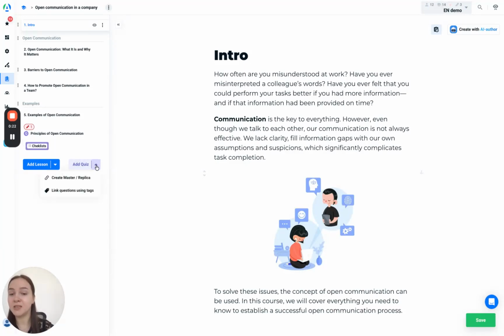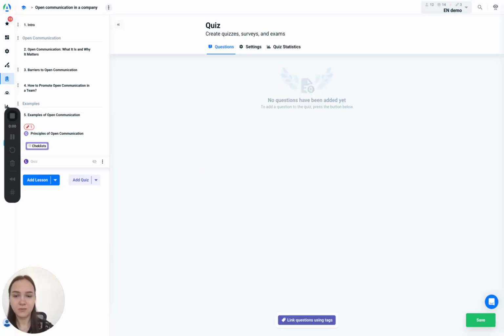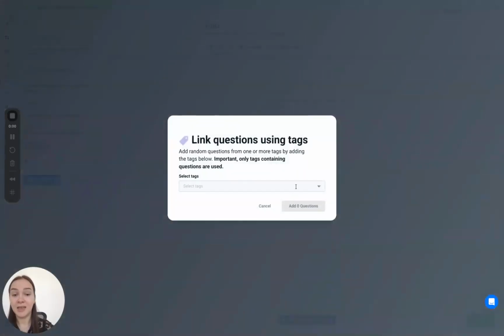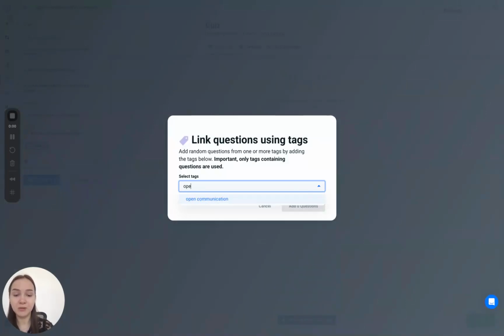Then click the arrow next to Add Quiz and choose Link Questions using text. After that, enter the name of the quiz and click Create. Once the quiz is created, click the Link Question using Text button. Next, select the text whose questions you want to choose